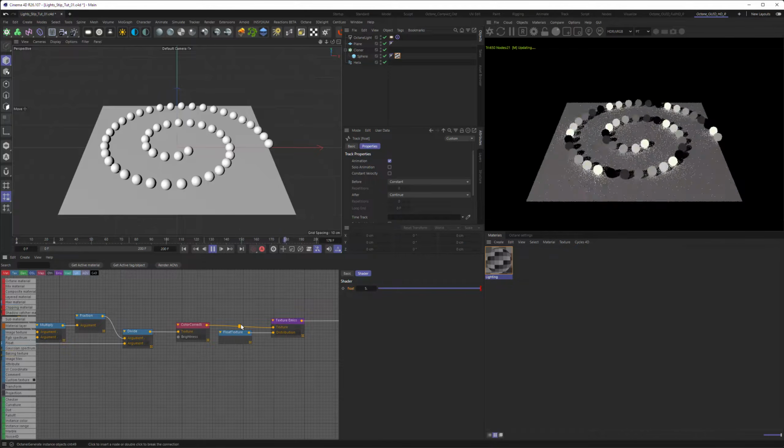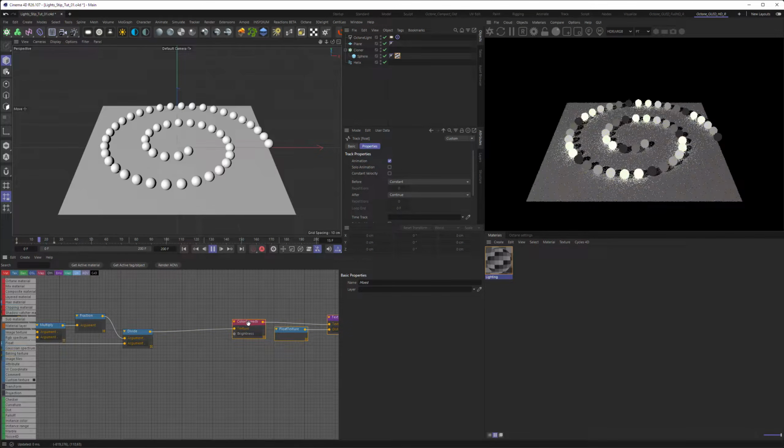So maybe a last thing that I want to add is, before the color correction here, an Octane gradient. As you notice, the values right now go from white to black and then up to white again.